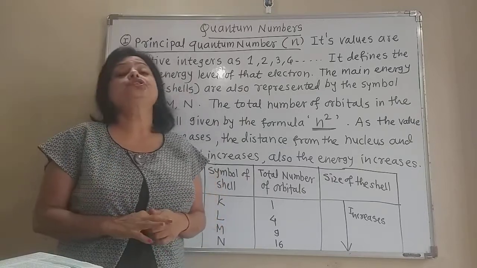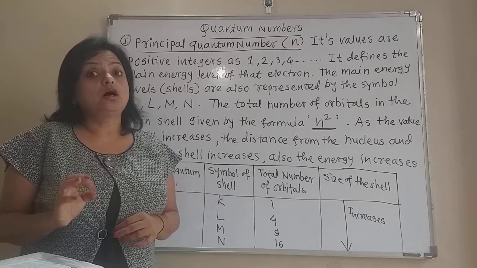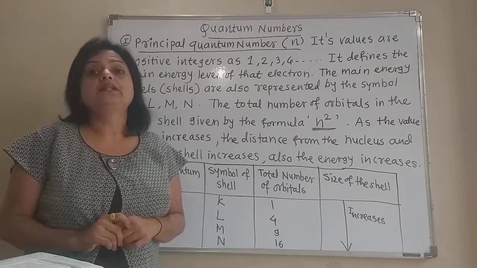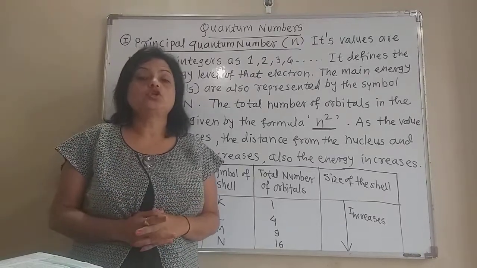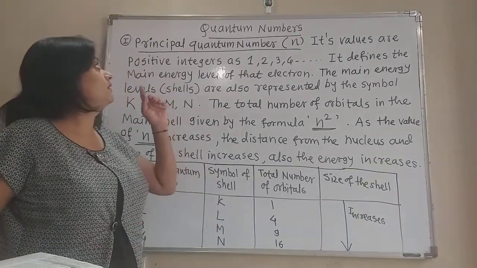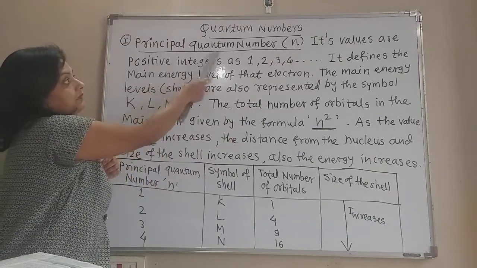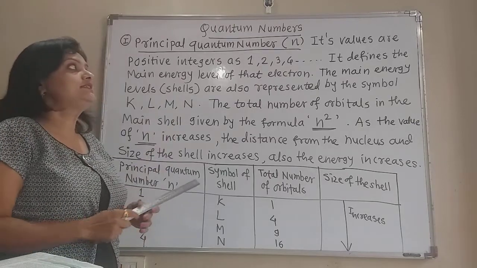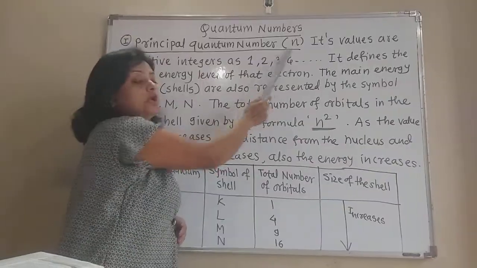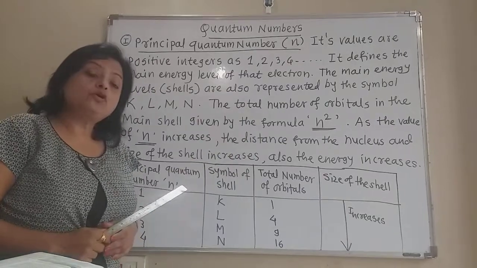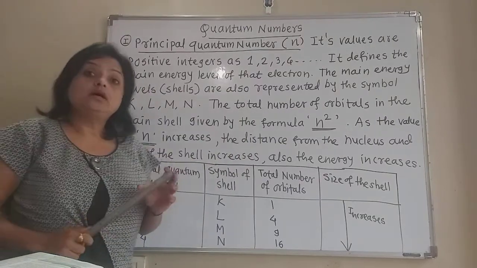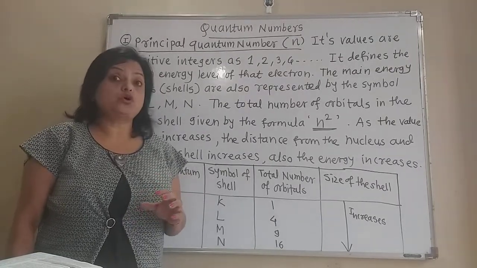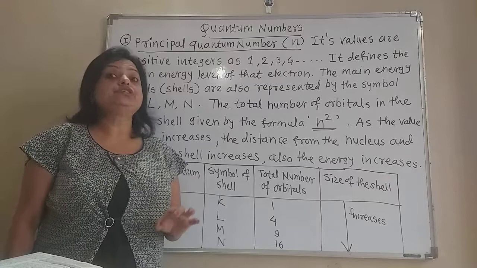Those paths are concentric paths that are called the shells. Now, the exact position of the electron around the nucleus is given by these quantum numbers. There are four quantum numbers. The first one is the principal quantum number, denoted by the symbol small n. The principal quantum number gives the main energy level, that is the main shell of the electron in which it is